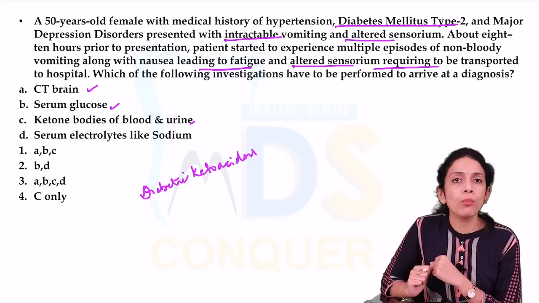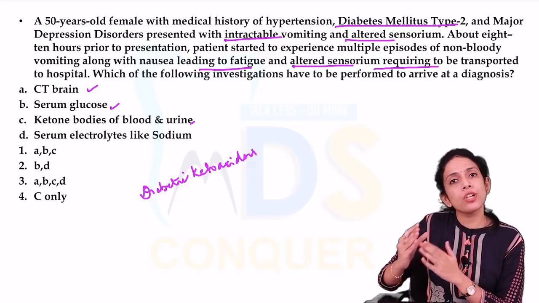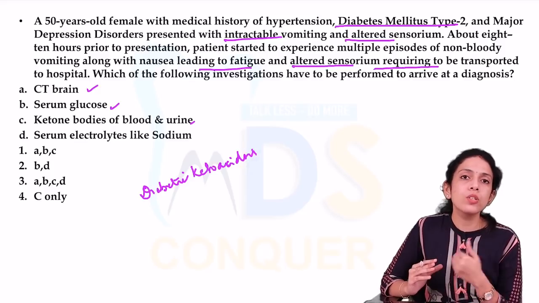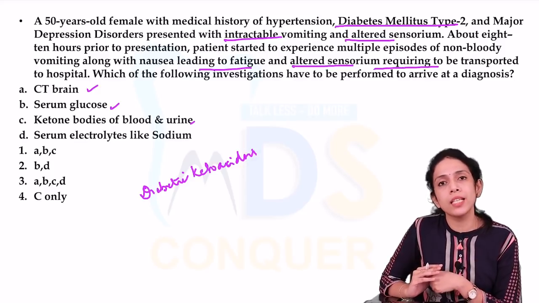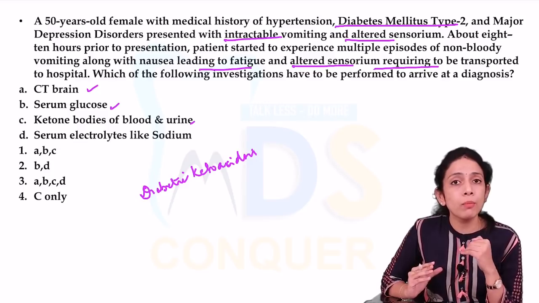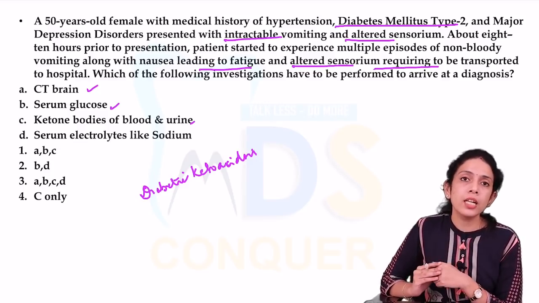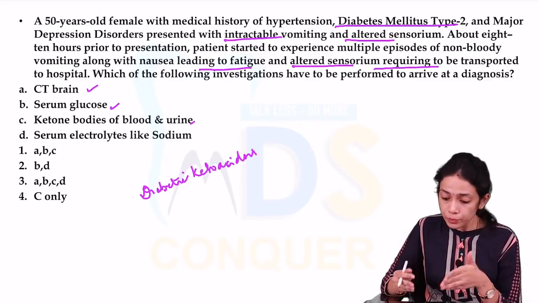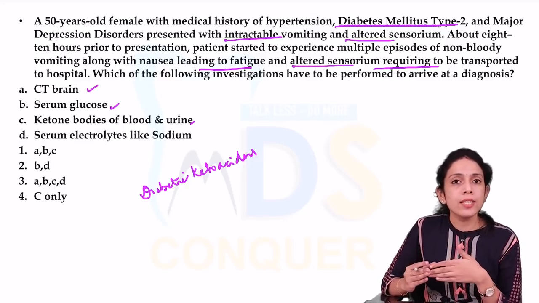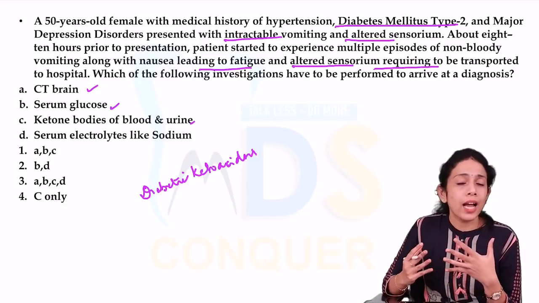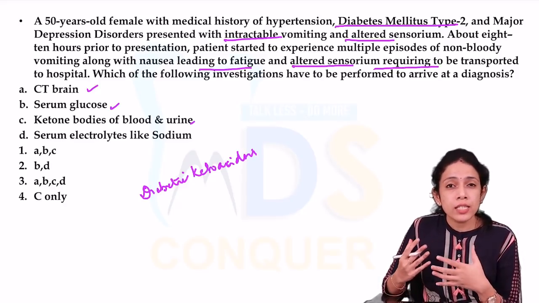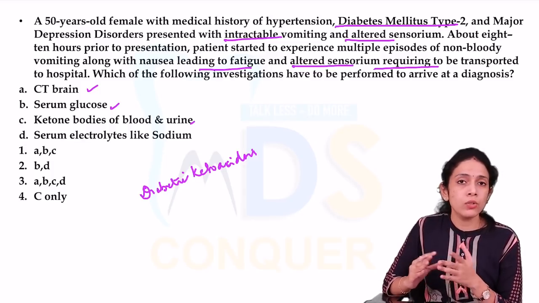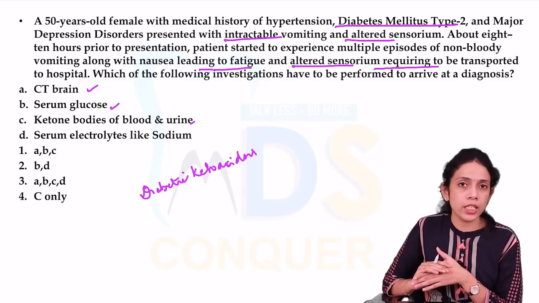Okay, the fuel is in the form of fat, which undergoes breakdown and releases ketones. Those ketones will be seen in the serum and also in the urine. This is one of the most important complications related to diabetes, diabetic ketoacidosis, and the patients usually present with a confused state, altered sensorium and severe fatigue, so they are immediately admitted to the hospital. That is a very important complication related to diabetes.